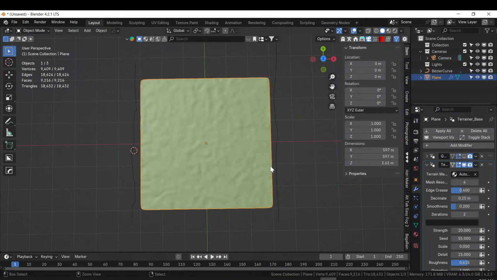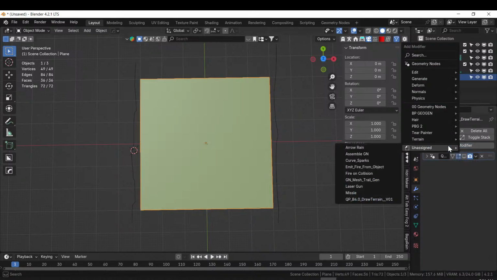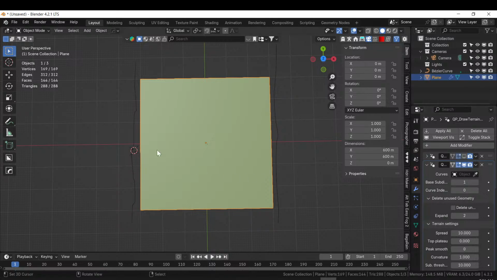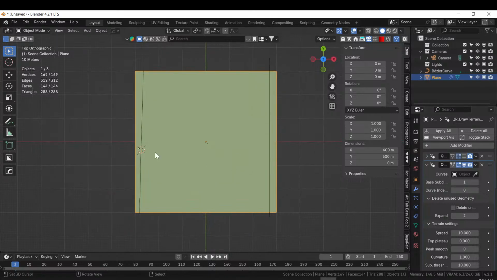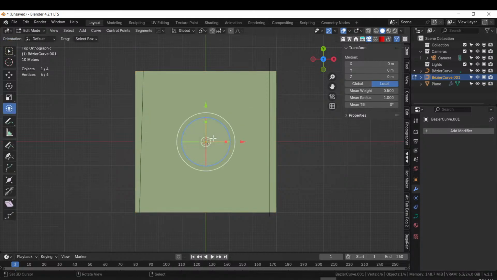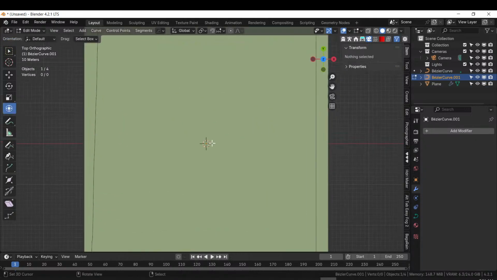I want auto terrain, draw terrain. There we go. And we're going to do Shift A, curve, Bezier again, tab, X, vertices. And we're going to draw